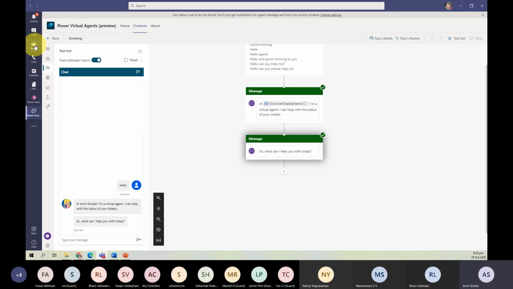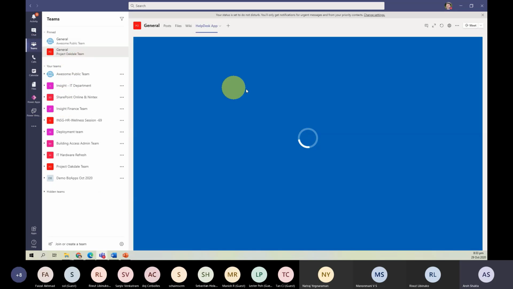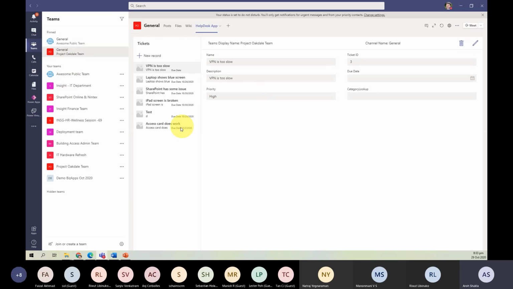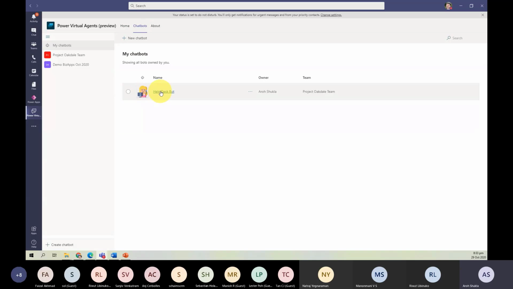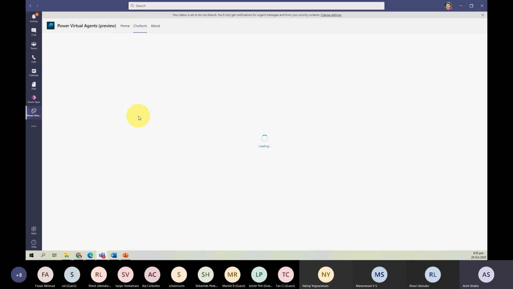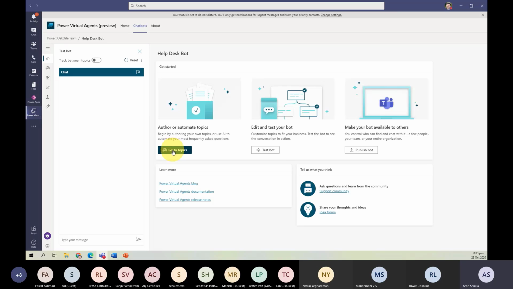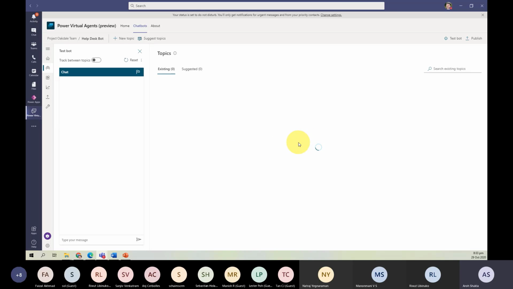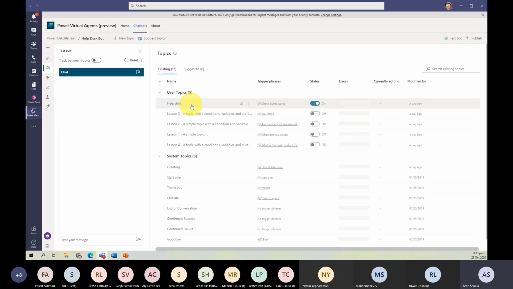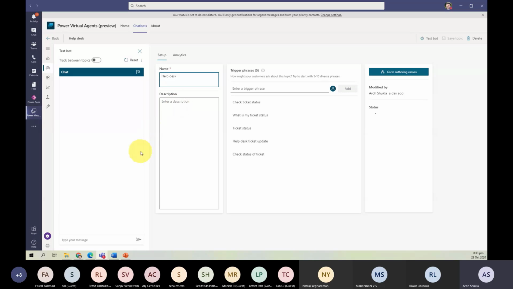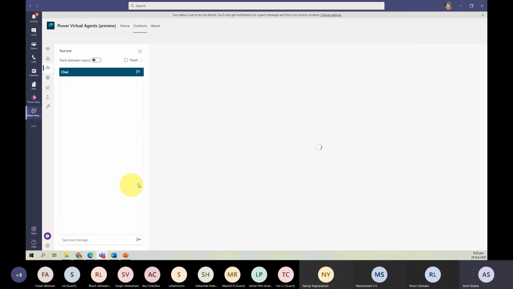So my ticket, I just want to recap, refresh. I want to ask the ticket number for my access card, which is number 13, right? So let me go to my chatbot. I take some time to move over because it's the same kind of user interface. I just click here, go back, the number 13, and I'll go to help desk. Just be patient here because at times I'm on 4G, and at times my device gets a bit slower.